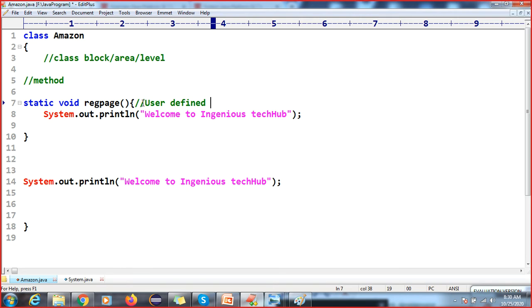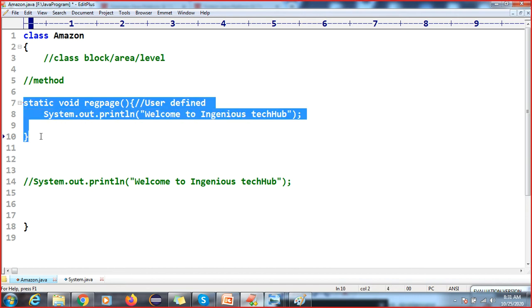Forget what static void is for now. We cannot write the logic at the class block or class level. That's why we require the method concept.